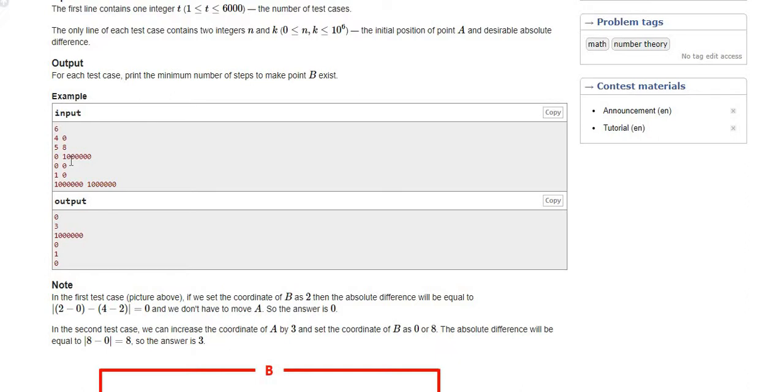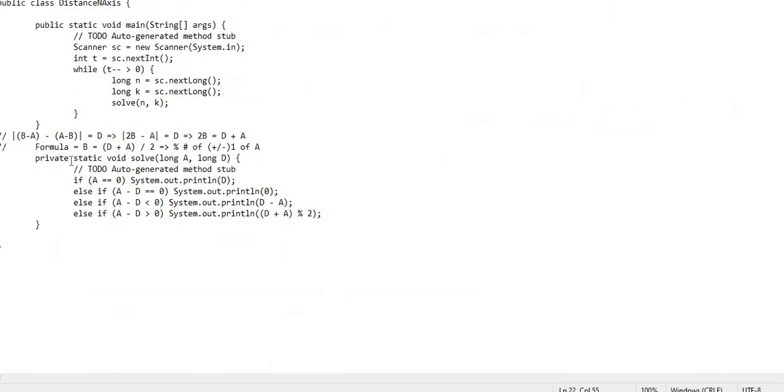If we place the value for B at the 0th position, then B minus O, that is 0 minus 0, is 0, and A minus B, that is 8 minus 0, is 8, because this is the absolute difference. So 8 is equal to 8, which satisfies the condition. Now let's go to the formula, it will give us more clarity.